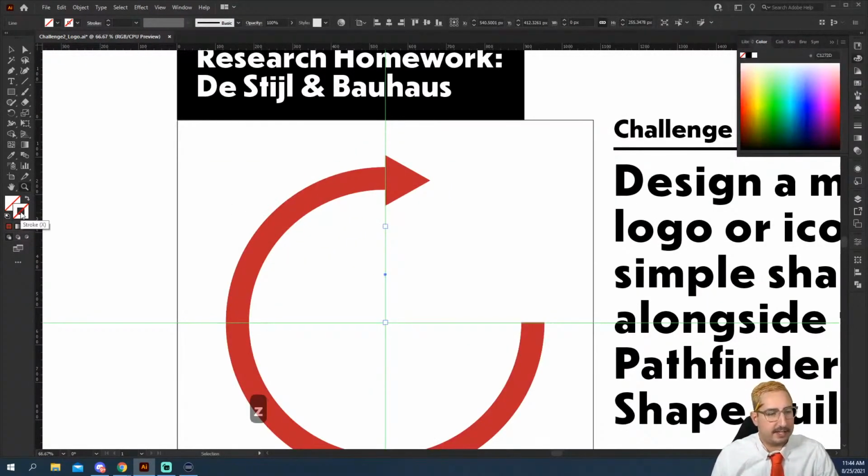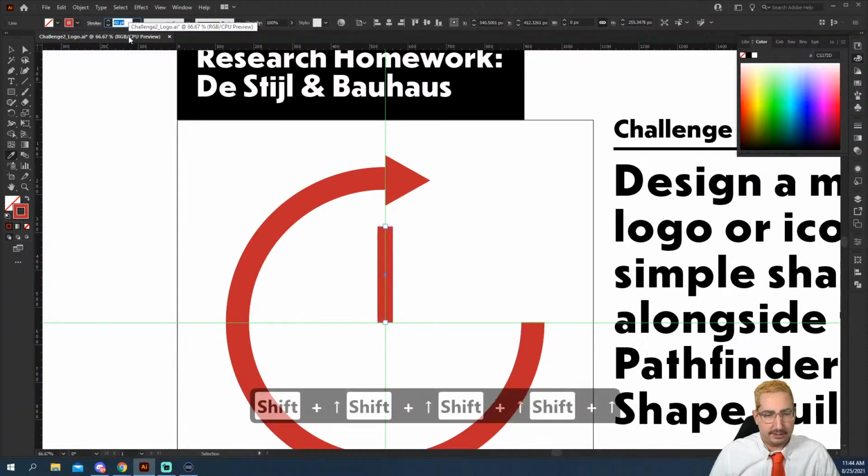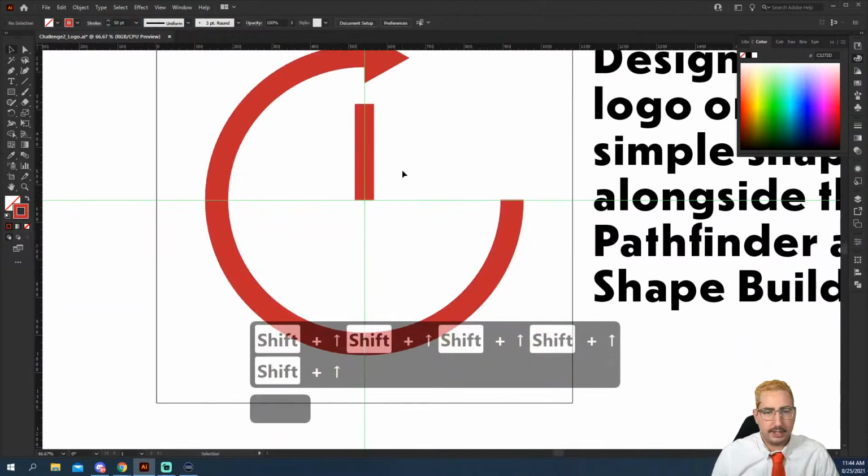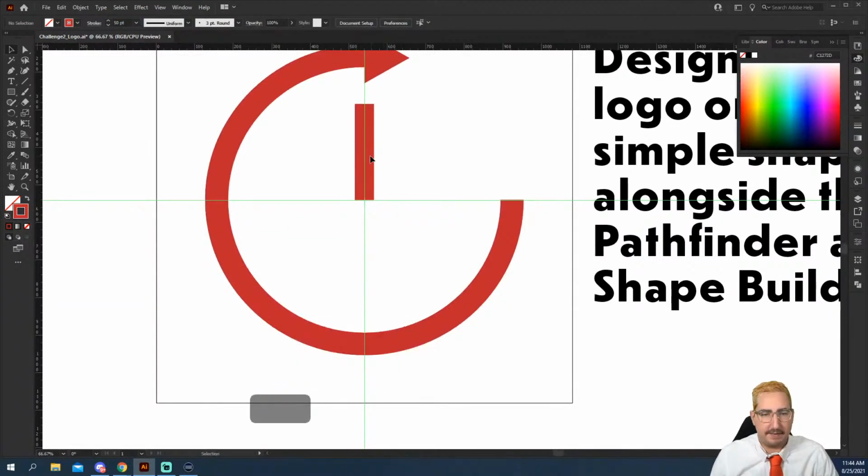We're going to put a stroke on that segment by coming over here to the stroke, and we will make it that same red color. And if you weren't here yesterday, we learned a tip about the eyedropper tool. As long as we have the stroke selected and the object selected, we can hold Shift, and it will pick up whatever color we click on with that eyedropper. So we used the eyedropper, we held Shift, and instead of grabbing the format of the shape, it just grabbed the color and applied it to that stroke. So we're going to go ahead and make the stroke a bit thicker. There we go. That looks good. It's a little bit off-center visually, but that's fine for now.